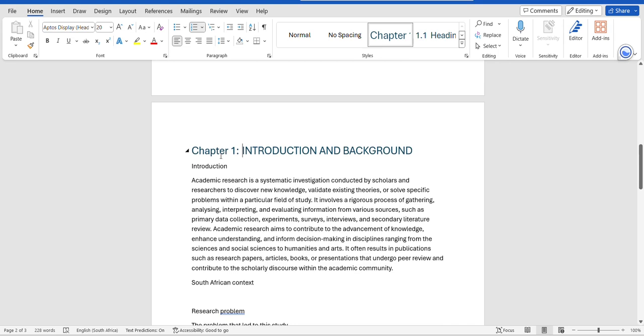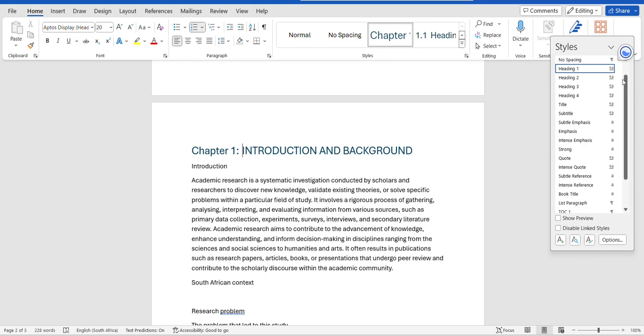Now all the headings have been defined. We have defined the headings, the level headings. So what you can do is to click here, and then you open them up like that. So then when you highlight, you just highlight, click, highlight, click, highlight, click the heading that you require. So if this is our heading 1,